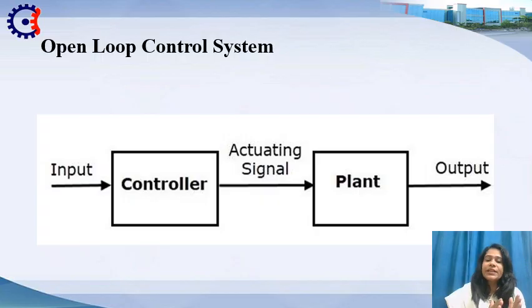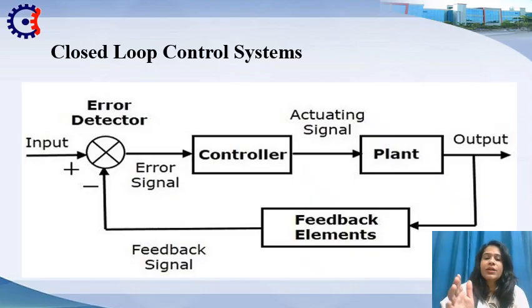For automatic control of traffic, lamps of three different colors, red, yellow and green, are used. The time for each lamp is fixed. The operation of each lamp does not depend upon the density of the traffic, but depends upon the fixed time. So we can say that the control system which operates on the time basis is open loop system.